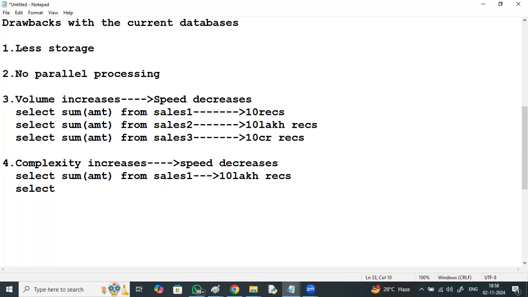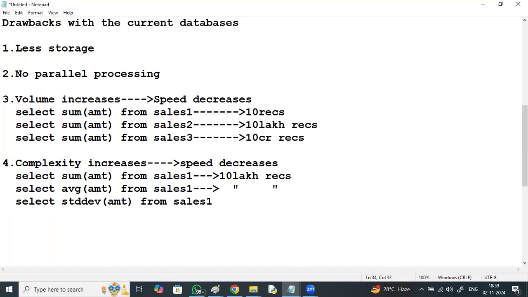Then, select the average amount, same thing, 10 lakh records. Then select the standard deviation of amount from sales1. Same 10 lakh records.